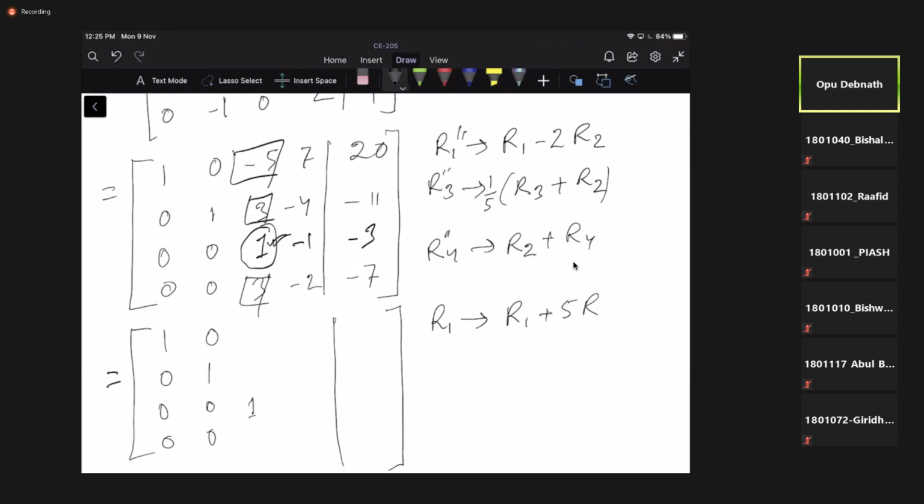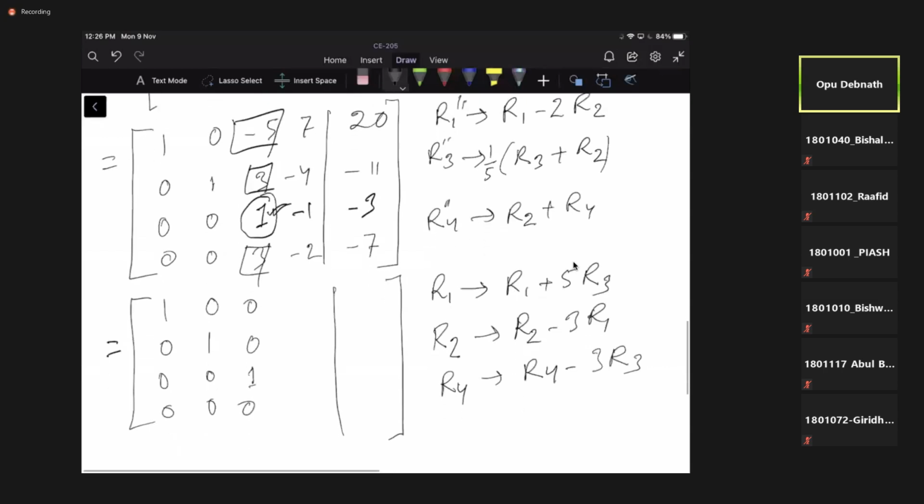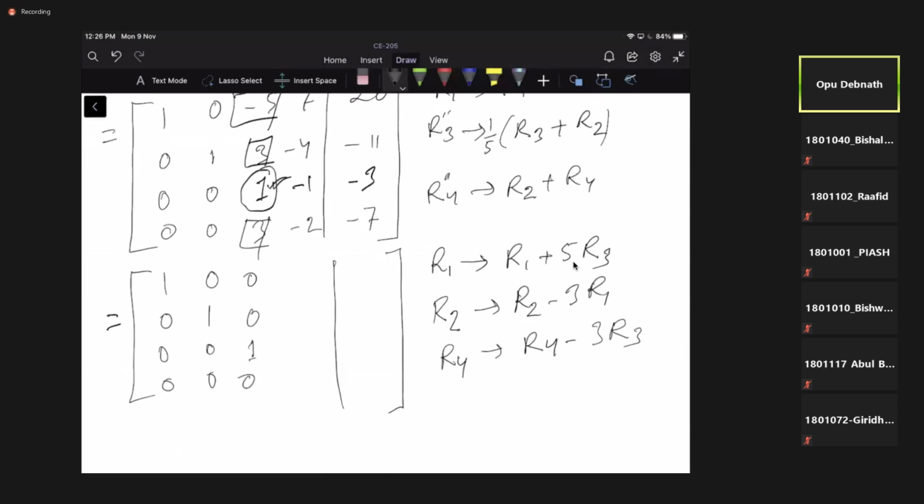Similarly for R2, this will be R2 minus 3 R1, and for R4 this will be R4 minus 3 R3. So these elements will be simply 0, and other calculations